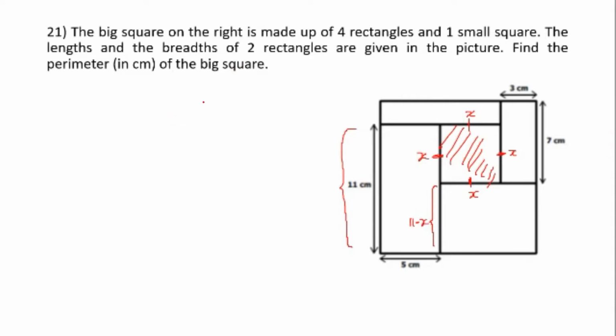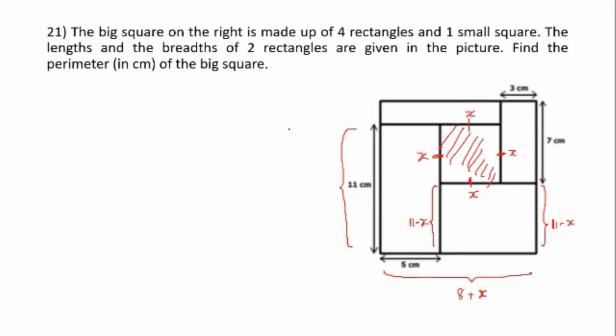And then we also know that this is going to be 11 minus x as well, because they're equal, while the length here is equal to 5 plus x plus 3 centimeters, so 8 centimeters, and the